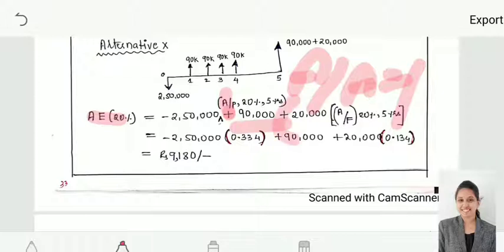Whereas 20,000 is a salvage value, so I am considering the annual equivalent of the future worth at 20% and 5 years. Thus minus 2,50,000 into the factor, plus 90,000, and 20,000 into this factor. For this you can directly use the compound interest table. Select 20%, n as 5 years, check both the columns A by P and A by F, and you will get the respective factors, and thus I am getting an amount of rupees